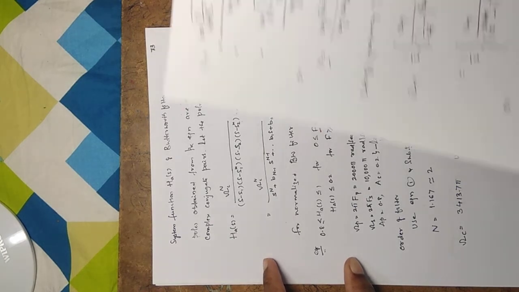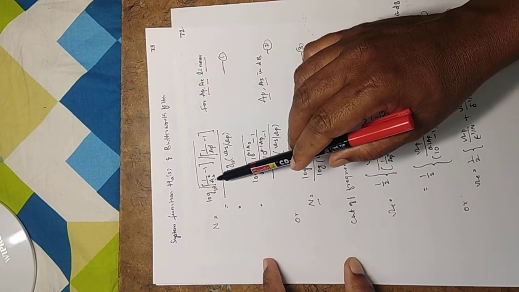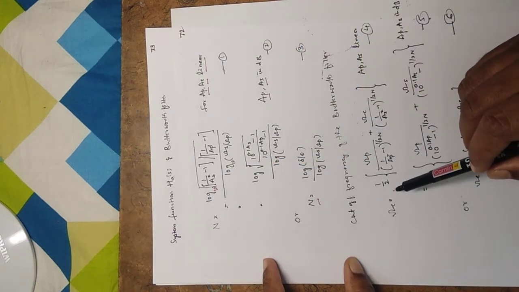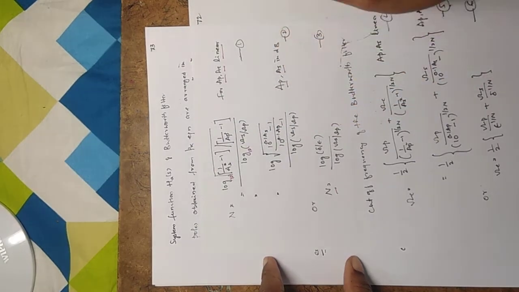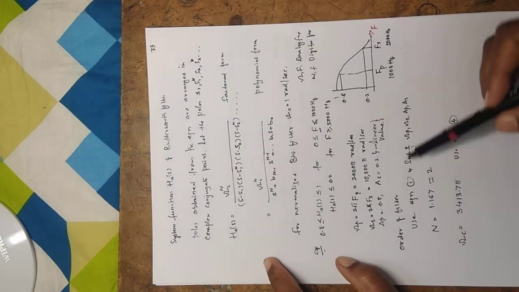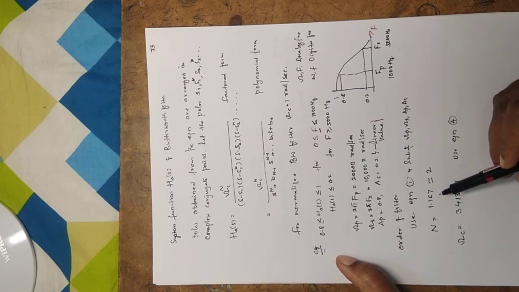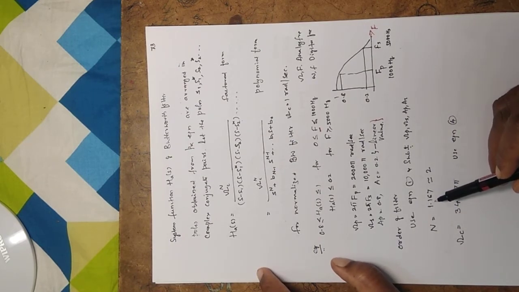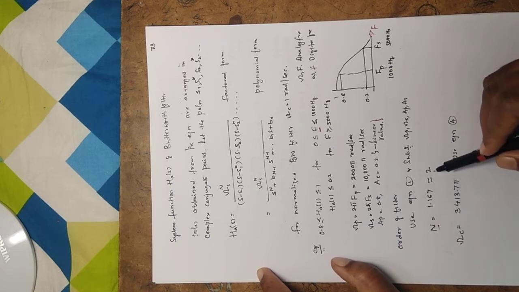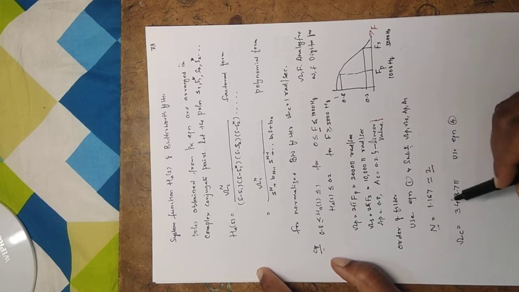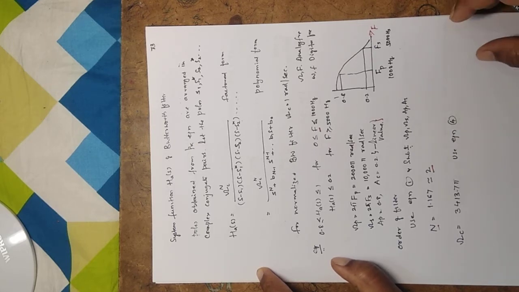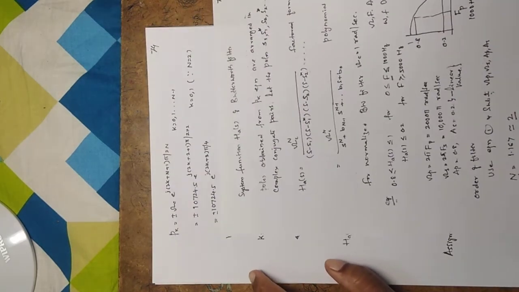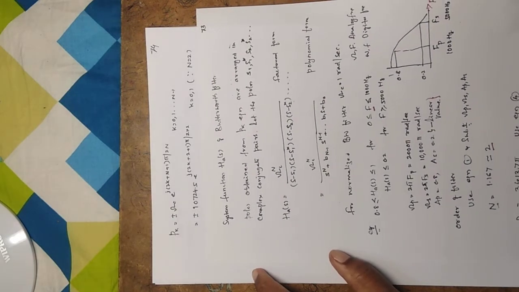For the linear values, you have to use this expression for n and this one for the cutoff frequency omega c. Here AS, omega s, omega p, everything is known. Just substitute values. We get n as 1.167. Since this is a fraction, n should be an integer. I will take it to the next integer value, that is 2. Order of the filter is 2. And omega c is 3413.7 into pi. If I multiply, you will get something like 10,724.